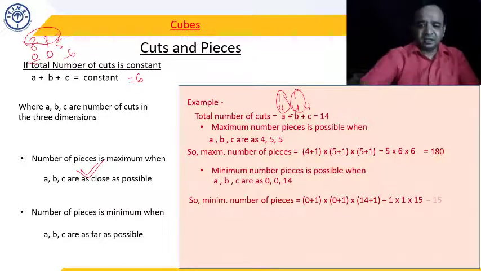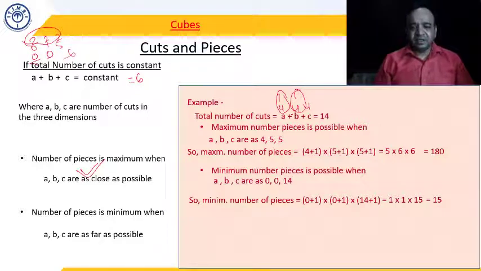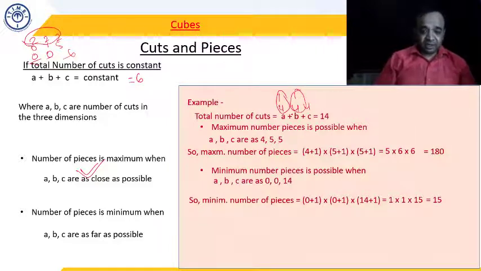So in that case, the number of pieces, 15, is the minimum possible number of pieces we can have. Okay. So if I look at this 0, 0, 14, I can say all the cuts are applied along one dimension. And in the previous case, all the cuts were applied along the three dimensions. Okay. Now, suppose a condition is made as,